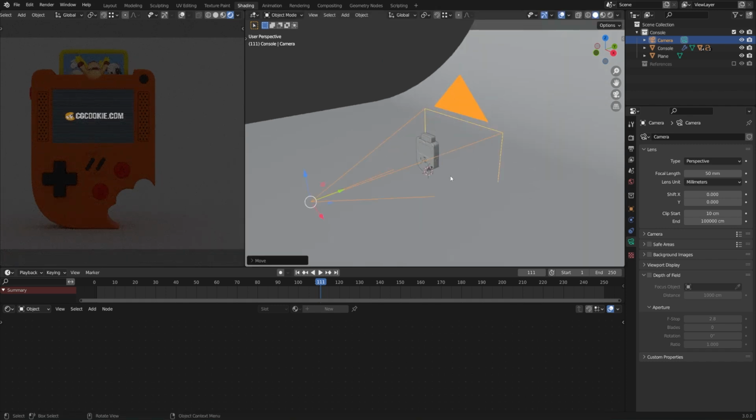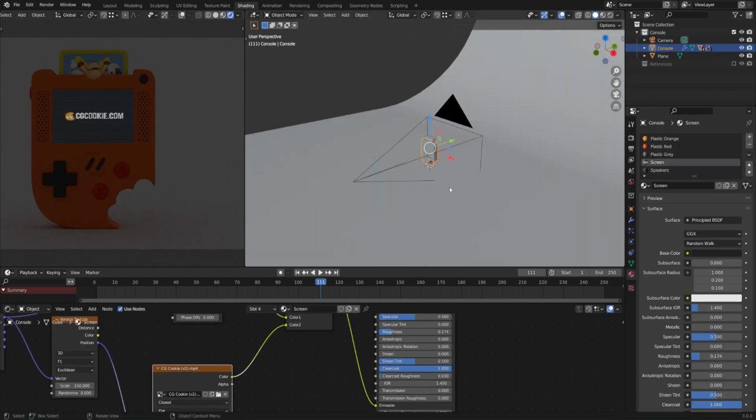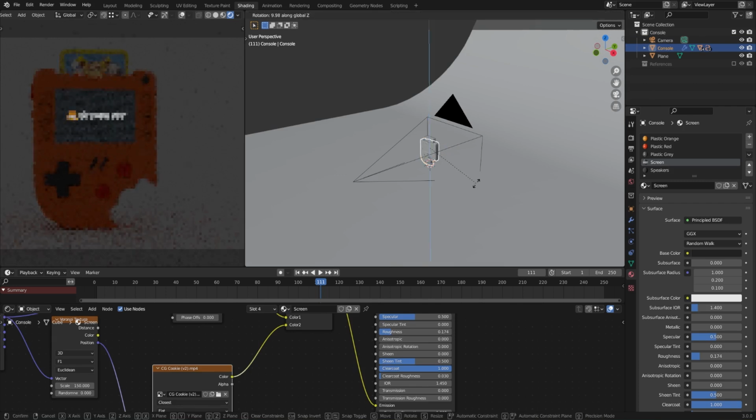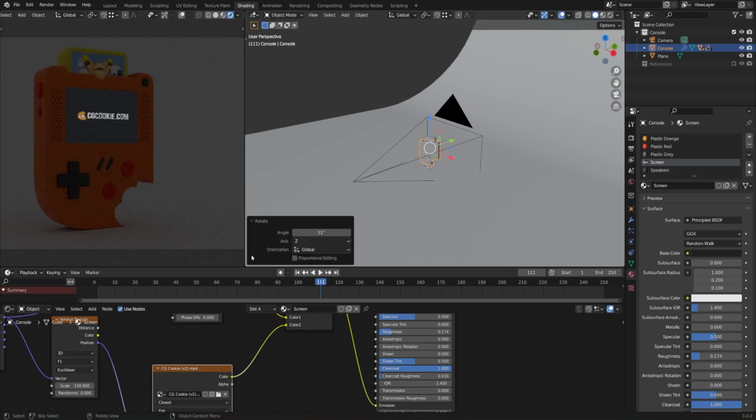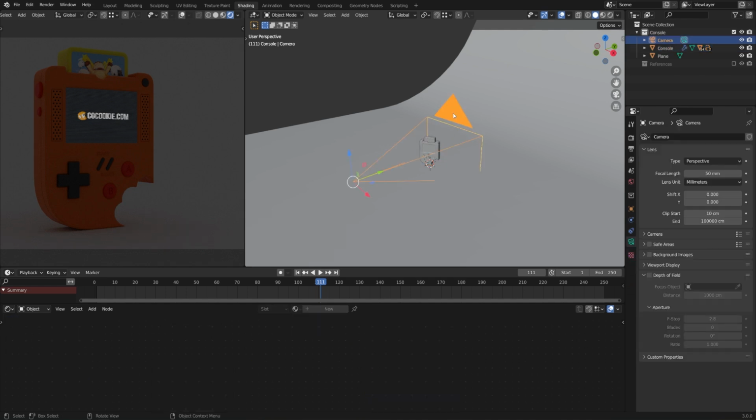And then I'll rotate the device just a little bit. That way we can see the angles of it a little bit better. I'll rotate along the Z-axis, and it looks like that was about 30 degrees, but of course it doesn't have to be exact. If you want to adjust the camera from within camera view, so that you get some immediate